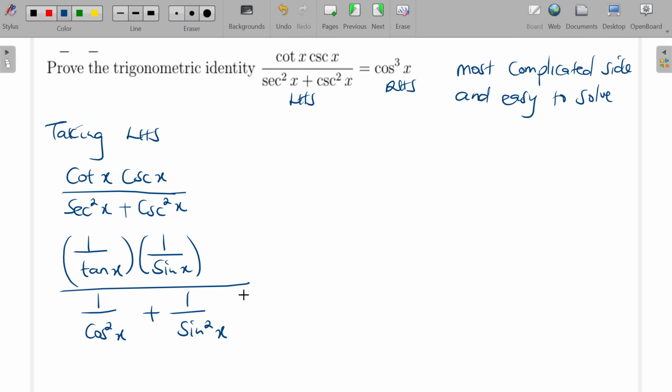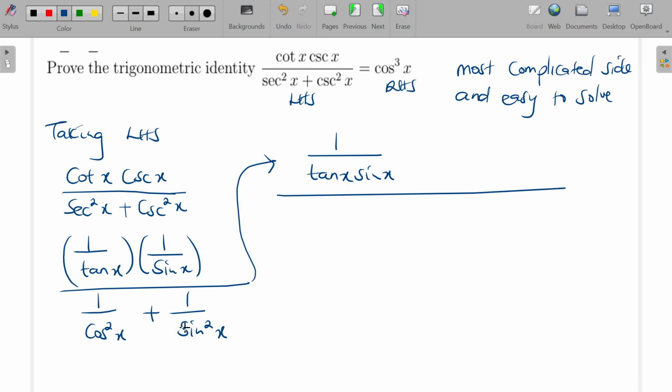After having this, this is the same as 1 over tan x sine x, then dividing with